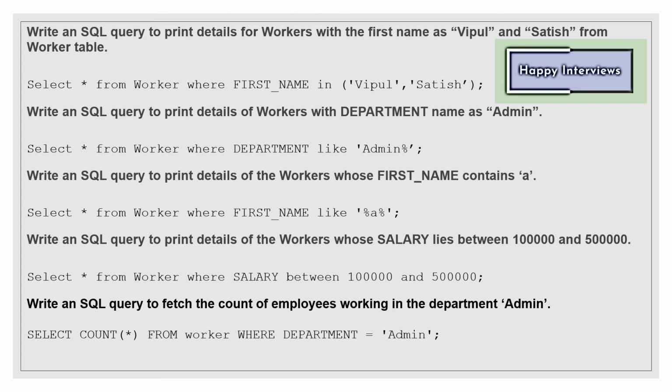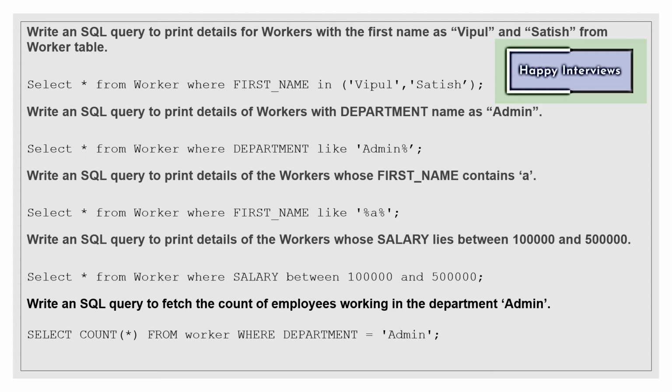That the name could be administrator also, admins also, or any name which starts with admin and after that there is some value. So that's why I gave a percent symbol. It will check only the first five characters, admin, then it will print in the result.